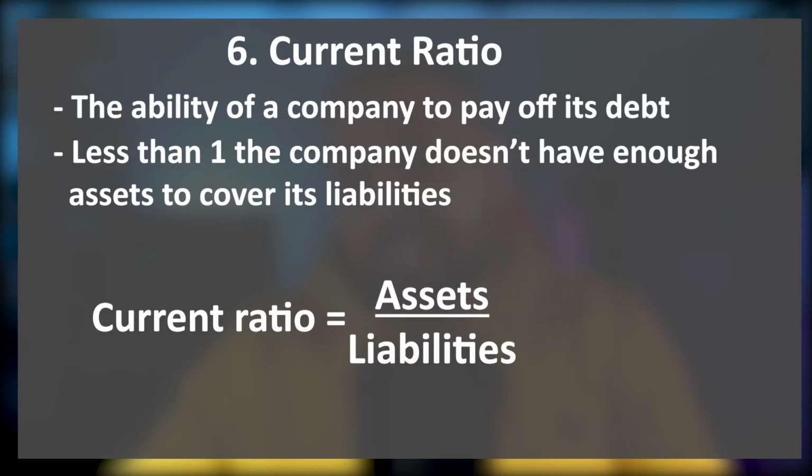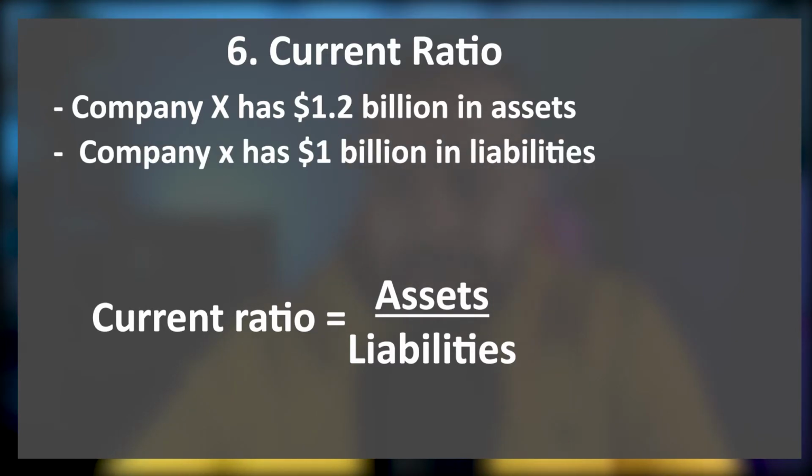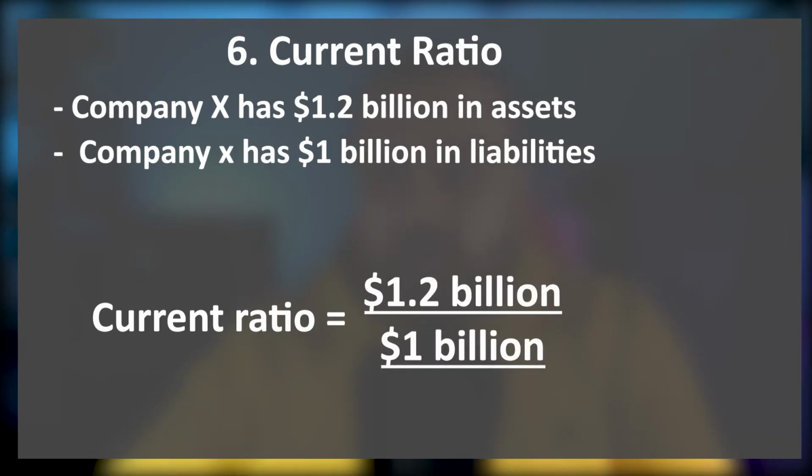However, that could potentially lead to an undervalued stock, because investors might be worried about that company and sold off a lot of the stock. So for example, if company X has $1.2 billion in assets and $1 billion in liabilities, which is known as debt, the current ratio is going to be 1.2 billion divided by 1 billion,